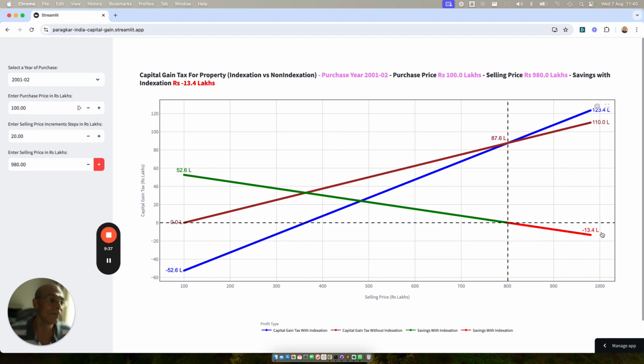For example, let's say you have sold the property at 9.8 crores. You purchased it at 1 crore and sold it at 9.8 crores. Then what happens? You end up paying a tax with indexation of 1.23 crores, and without indexation you will pay a tax of 1.1 crore. So you end up saving basically 13.4 lakhs if you have chosen the government's budgetary announcement of removing